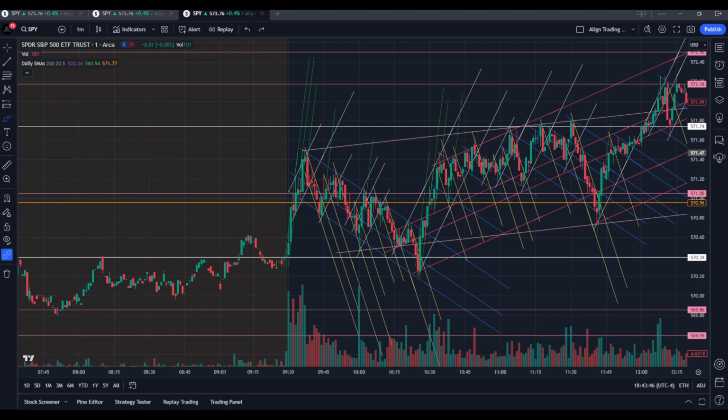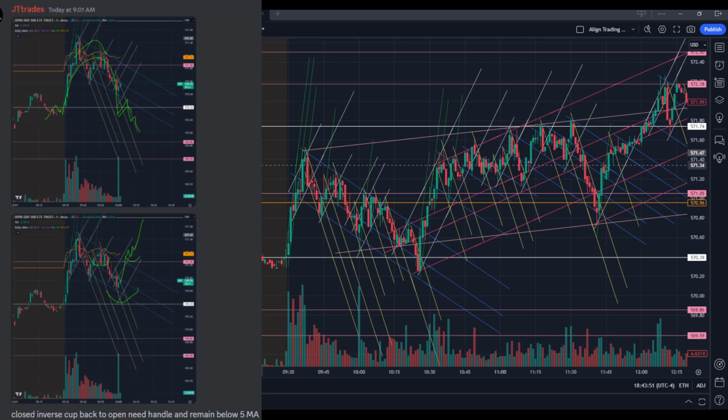But now here on the 1-minute chart, going over the microstructure and algorithms. So to start the day, I explained in the morning you had to be paying attention to this 5-day moving average right here. Now we had this first move up off the open from the gap down, but if you paid attention to this starting to form right here, you could see how we start to close this inverse cup right here and begin forming this handle, which eventually does give this head and shoulder right there, as well as another inverse cup. And you see that handle right there with that head and shoulder for this move down, just a scalp, but still a nice move down.